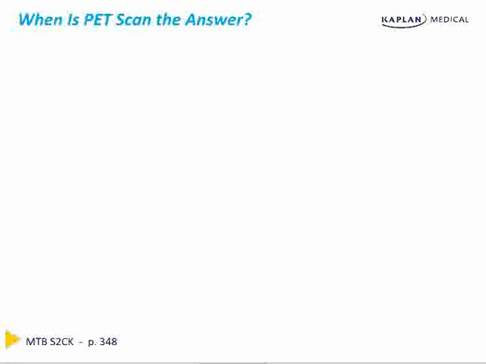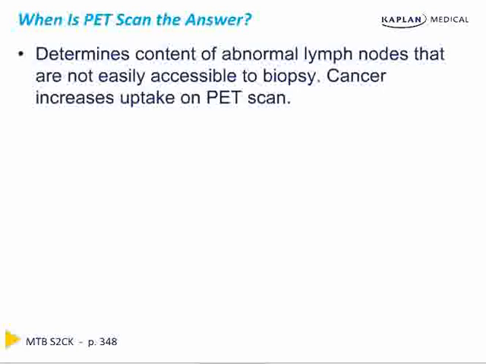We also saw PET scan as an answer choice in our last clinical vignette. A PET scan is a nuclear medicine study, and it uses tagged glucose and takes special pictures to show where it accumulates in the body. Cancer cells grow much, much faster than normal cells, and to grow that much faster, they need to take up more glucose. Therefore, they take up more of this tagged glucose, and that's what makes them light up on the